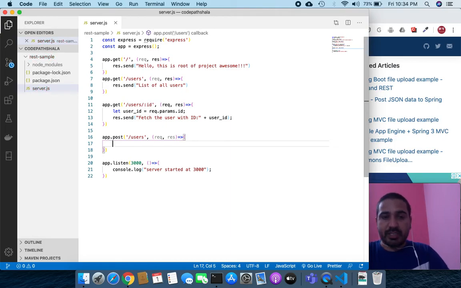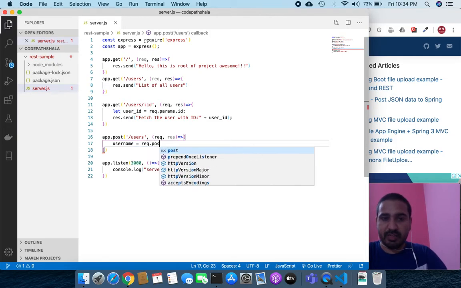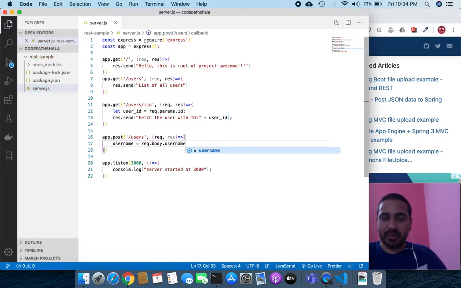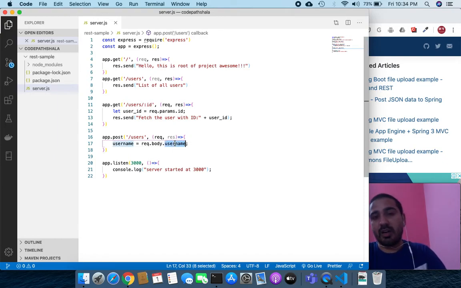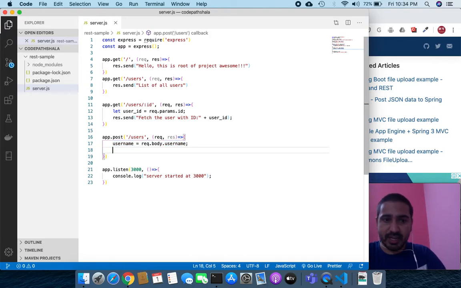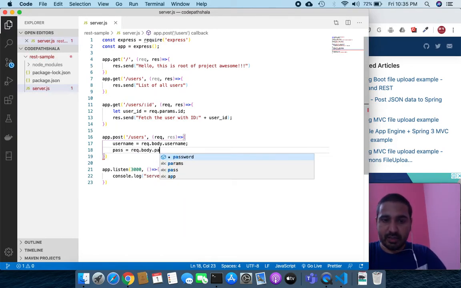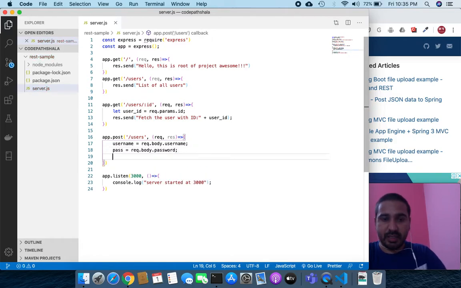And for the post, let's say we are getting two parameters in the post, and those two parameters are username and password. So username is this. How we are going to get this username is from the request body and this username. This username is what we are pushing in the body JSON, and let's say password is request body, and let's say password is our key.